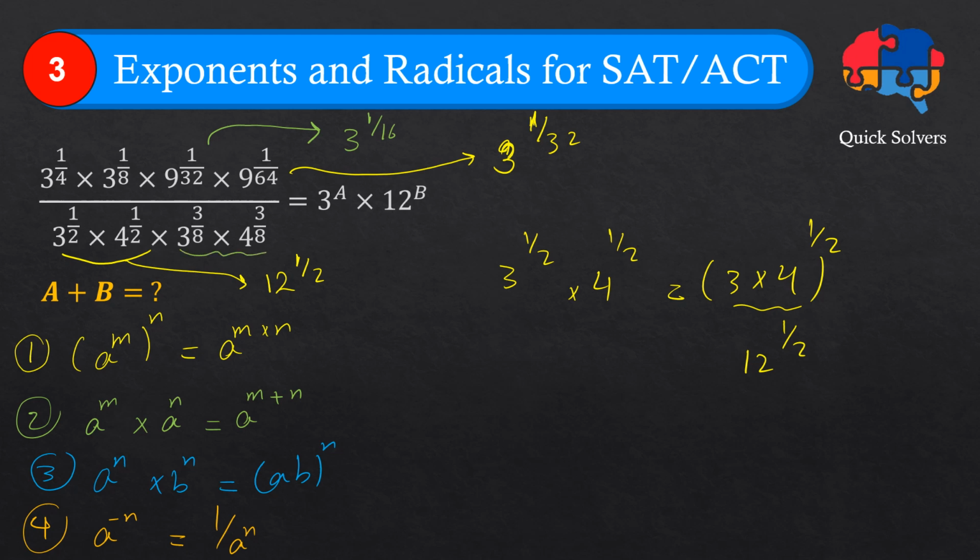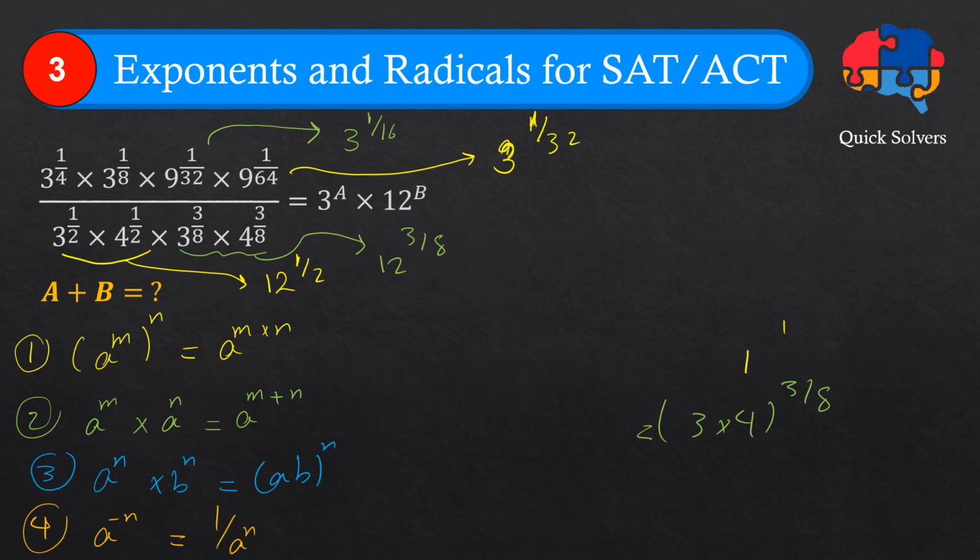I can write it as 3 to the power of 3 over 8 times 4 to the power of 3 over 8. So I can write it as 3 times 4 to the power of 3 over 8. So I can write this as 12 to the power of 3 over 8. Now I can simplify the whole expression, or actually the expression on the left-hand side of the equality sign, and write it as,